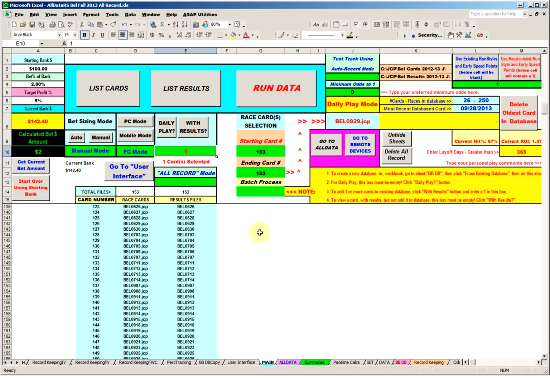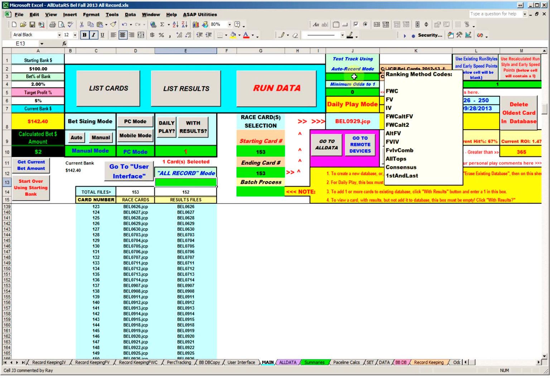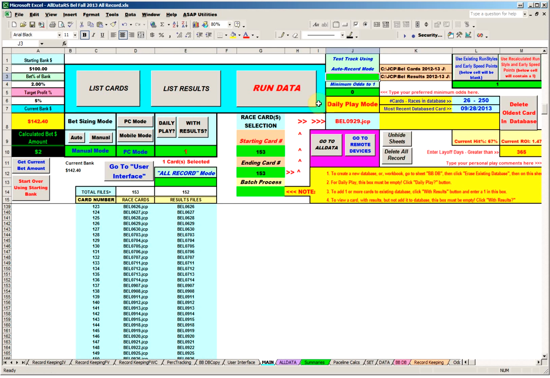The settings for daily play. You don't need anything for batch process because we're not sending any results data to the database or the record keeping sheet, so that batch process box needs to be empty, as does the all record box, and also the test track using auto record mode box. They all need to be empty, and you need to be in daily play mode, so click the daily play button to get the one showing in the box below. Then just click run data, and